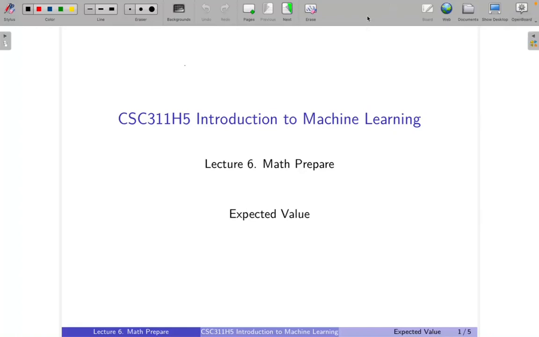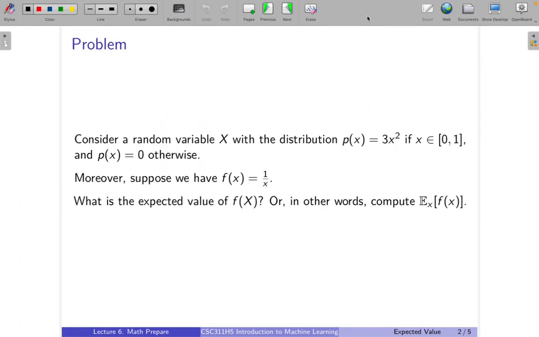In this video, we'll review how to compute the expected value of a random variable. So here's an example. We have a random variable x with the distribution defined as follows. This is a continuous value that takes on a value between 0 and 1. And we have this function f of x equals 1 of x. And so we want to know the expected value of this random variable f of x, or in other words,